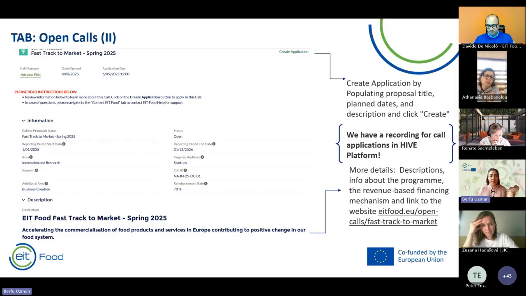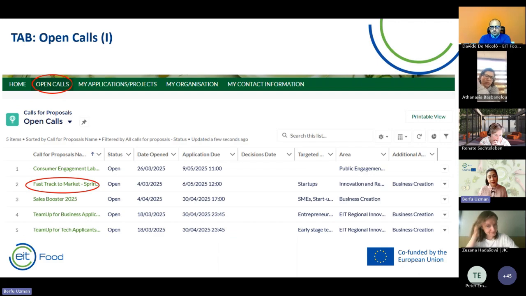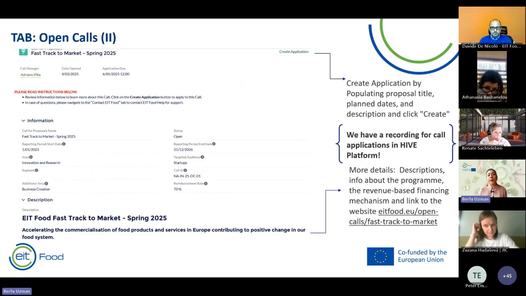So one step back, if you click on Fast Track to Market, you will go in, and you will be able to read a brief summary. If you scroll down, you will see more details. If you would like to create an application, you thought this is okay for you, you can always use the right corner button where it says Create Application to start working on your application, like populating proposal title, plant-based, consortium,